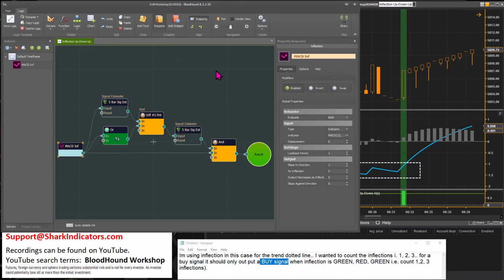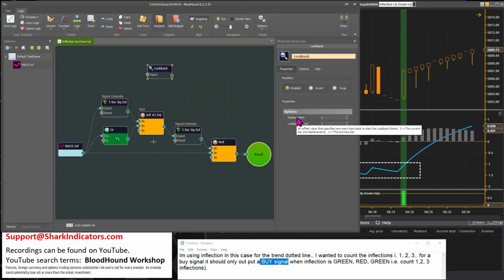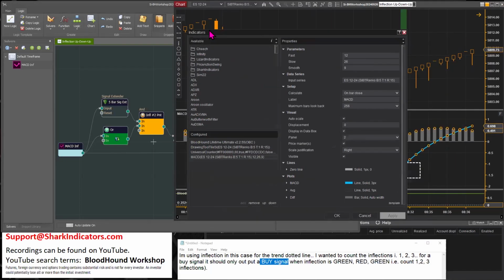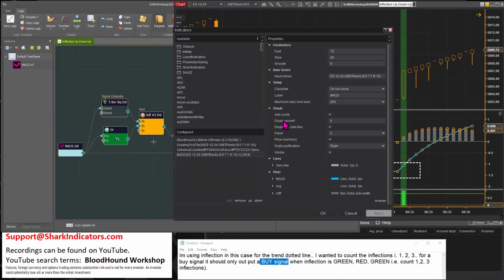Although I guess Ron was probably asking, what is a displacement? Ron probably asked that when I had the look back node up here. Displacement, that's a NinjaTrader function. Let me open up the MACD here. In NinjaTrader, you can displace all of your indicators. Basically, all it does is it moves the output forward X number of bars. It just moves the output forward X number of bars. And so it does the same thing